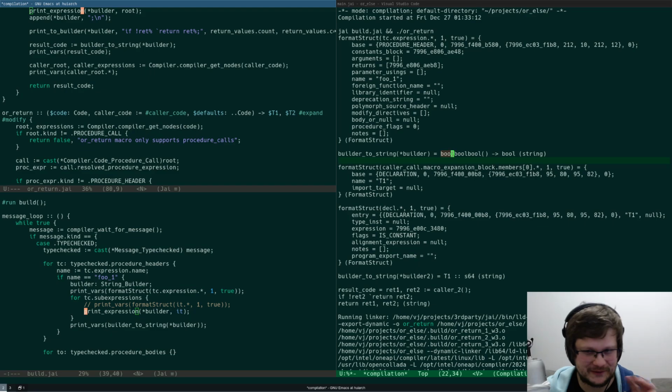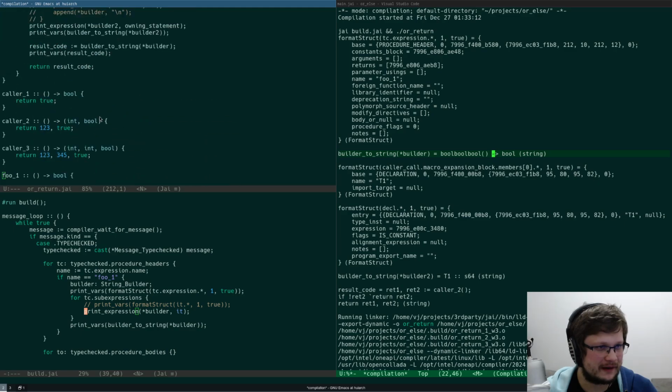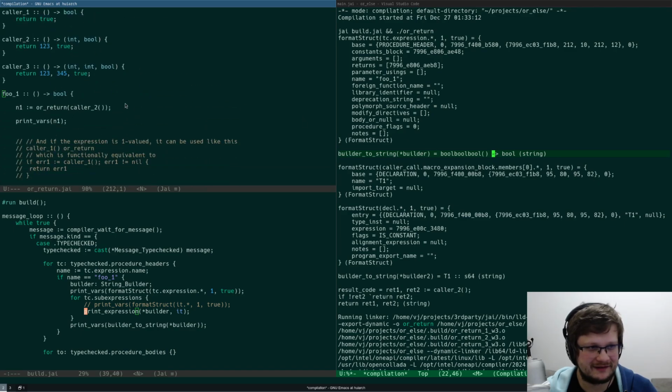So basically, what does it do? Like bool, what does it mean? You probably already figured it out, right? So this is like the signature, so let me also print vars.